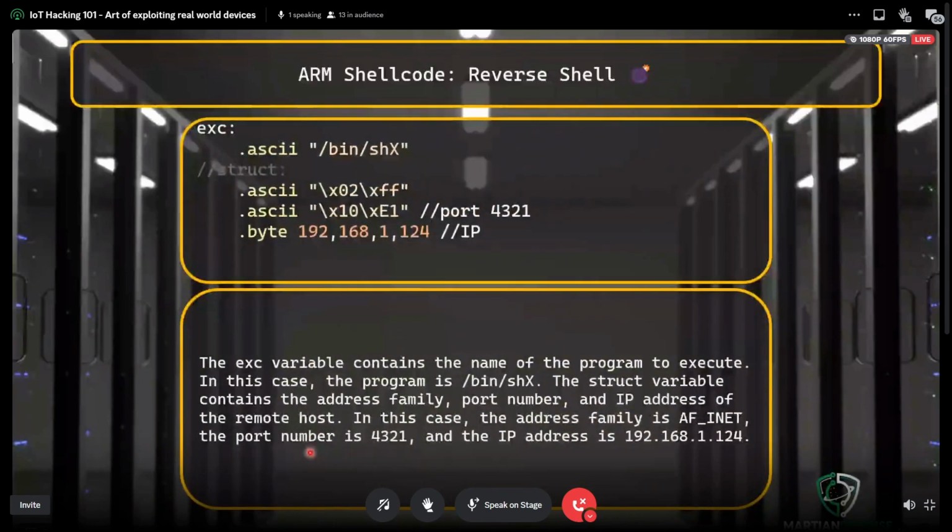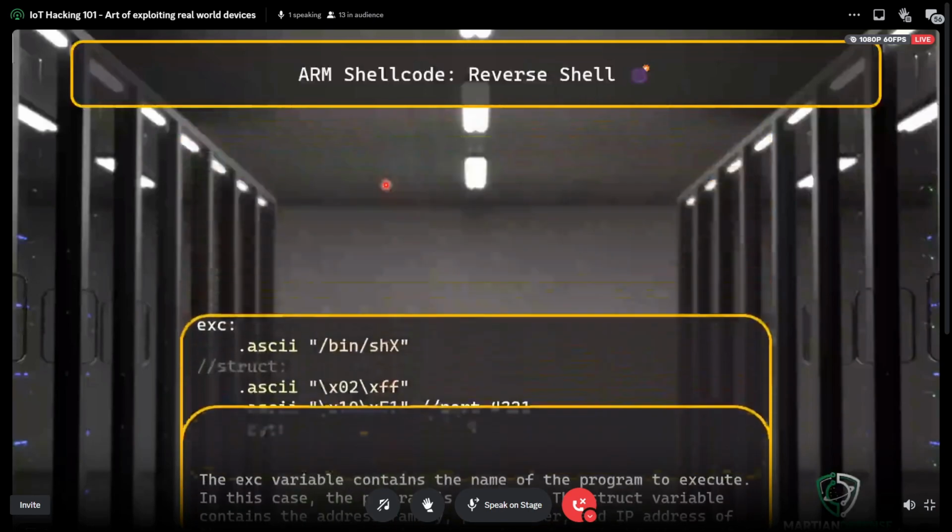For execve, we defined a data section. In the data section, we defined the following data, like /bin/sh, and the other stuff like the port number and IP address. You can put it in a separate section if you want.